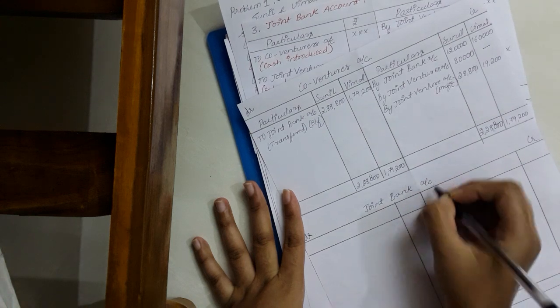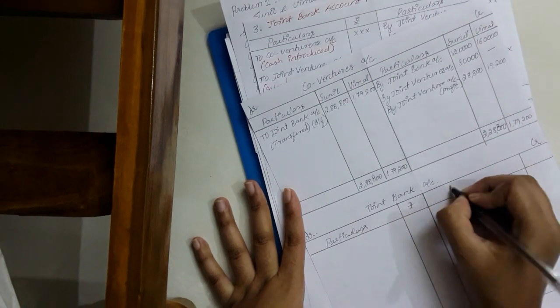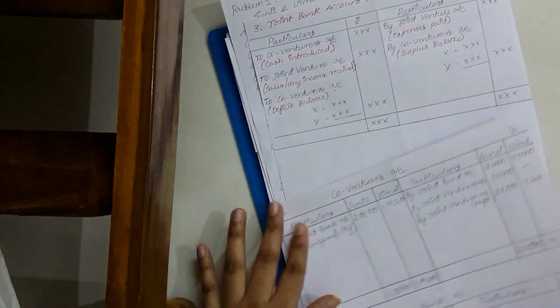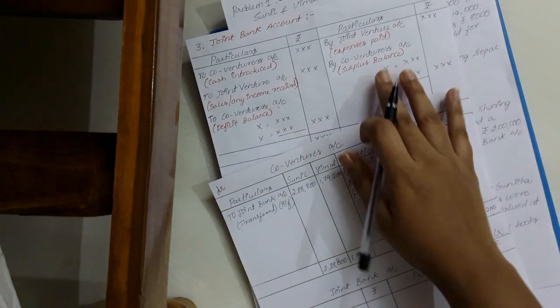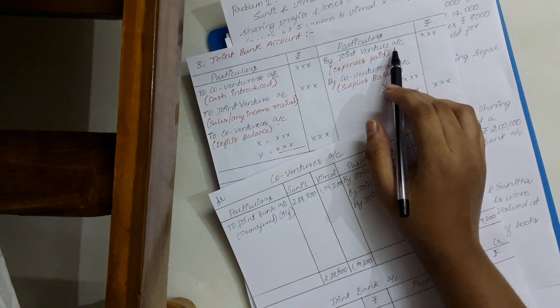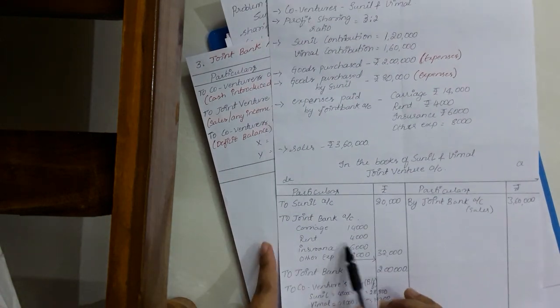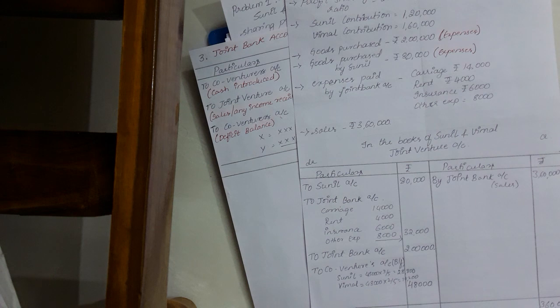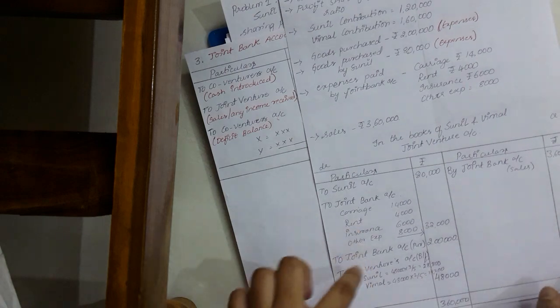So joint bank account. There it comes, particulars as it is, rupees, particulars, rupees. Then coming on to this, next here on this side, by joint ventures account. Here we need to write down any kind of expenses paid. In the joint venture, we know we pay two kinds of expenses, right? One is regular expenses that are incurred in a joint venture, and the other is purchases.